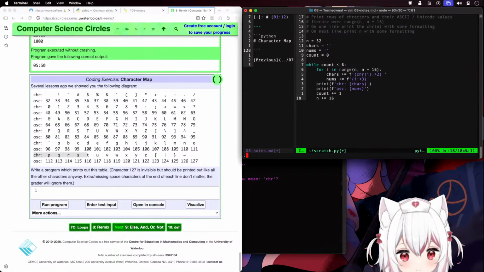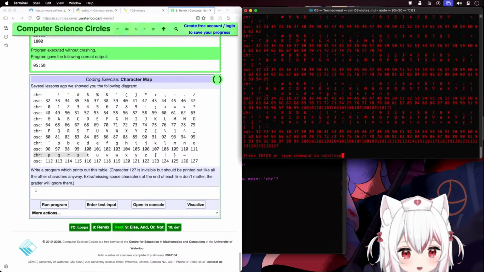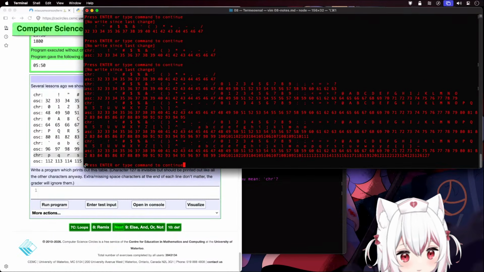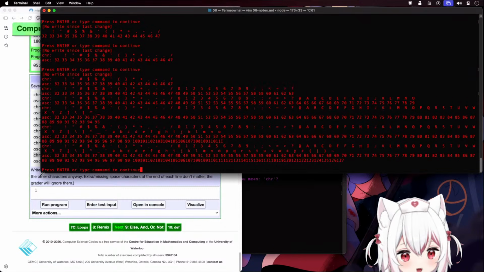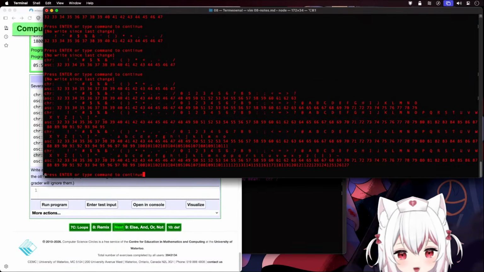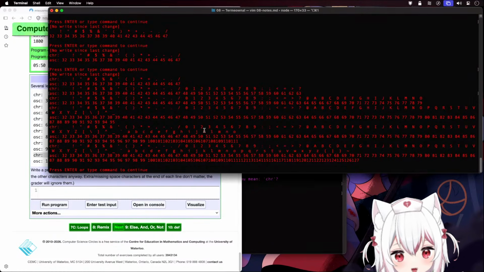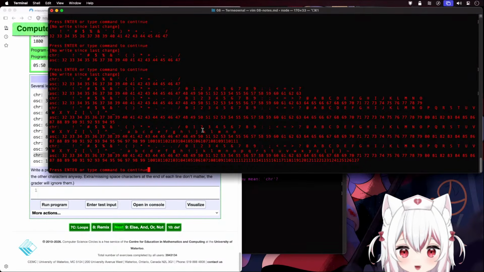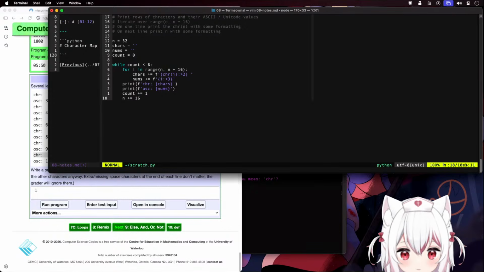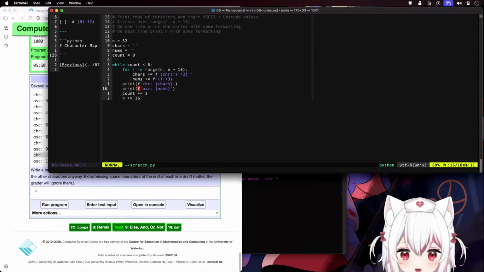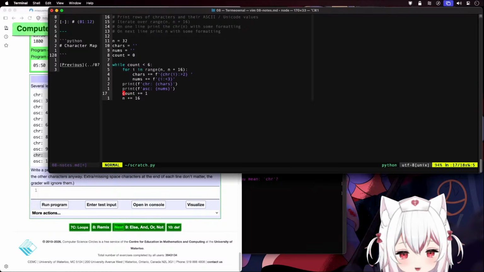What does this do? Wait, this is pretty close. This is actually pretty close. It's not exactly right, but it does go up to 127. The issue is, I think, well, there are many issues. The issue is that we need to reset this. So how do I want to do this? I do this, print it, and then we